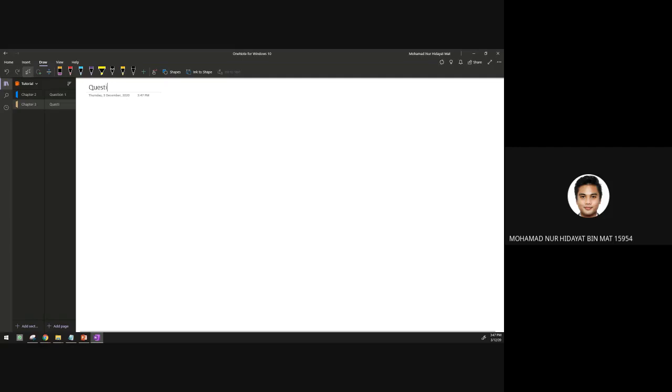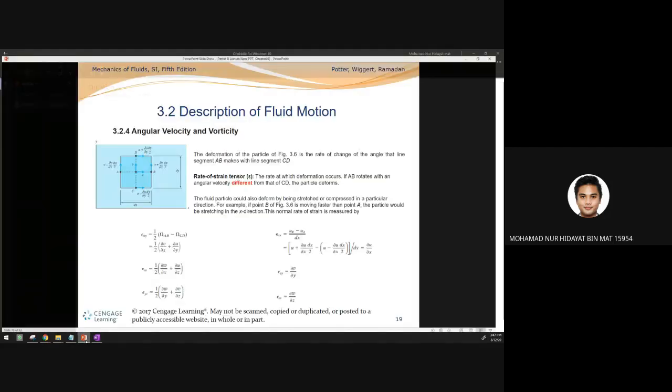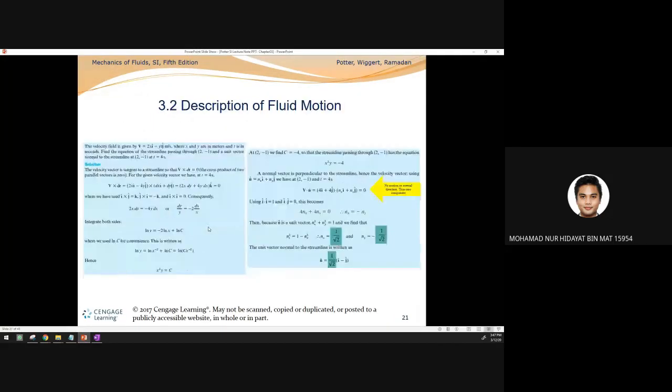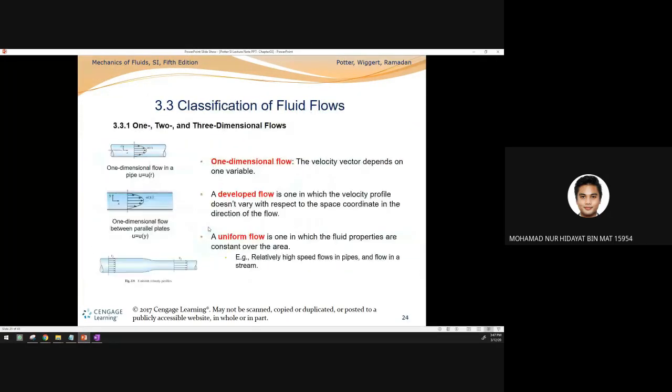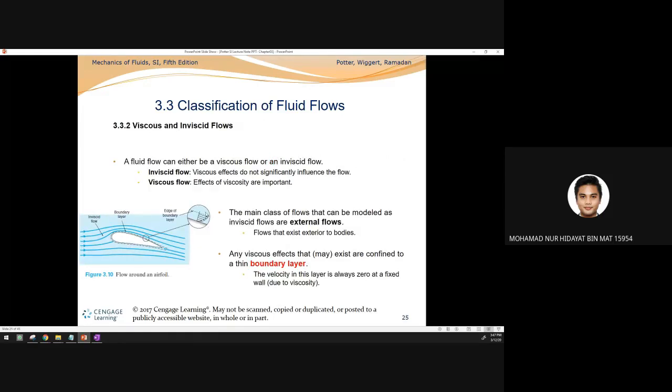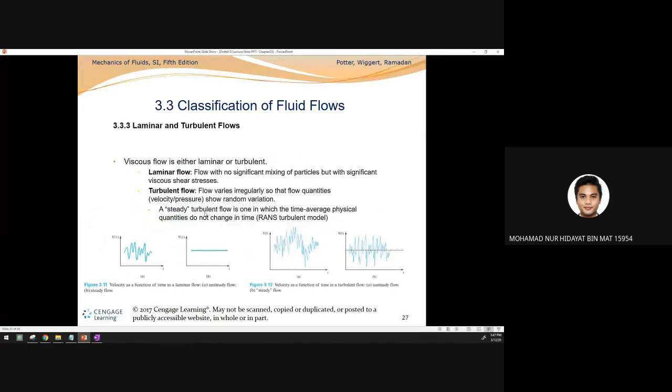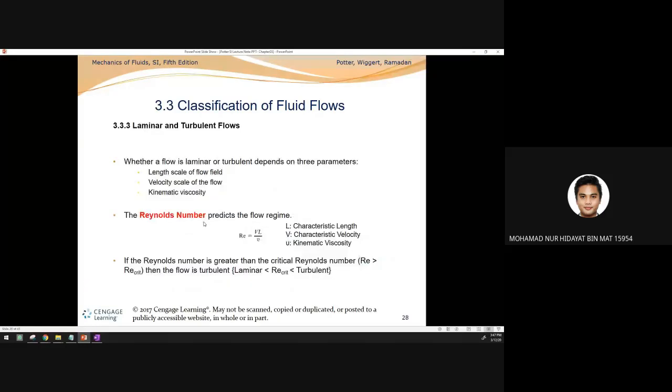Let's move on to question 2. Previously we learned about the classification of fluid. We have 1D, we have compressibility, we have viscous, inviscid, we have laminar and turbulent, we have Reynolds number to identify the flow regime. So basically the Reynolds number is very important to know the type of flow, whether laminar